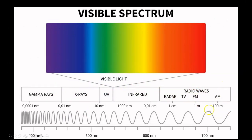And you can see here that AM radio waves have a wavelength of 100 meters. And this team is using even lower energy, longer wavelengths of 200 to 600 meters. Extremely low energy and long wavelengths in comparison to the rest of the electromagnetic energy spectrum. And this will be relevant as we reach the conclusions of the paper and applications of the properties demonstrated in